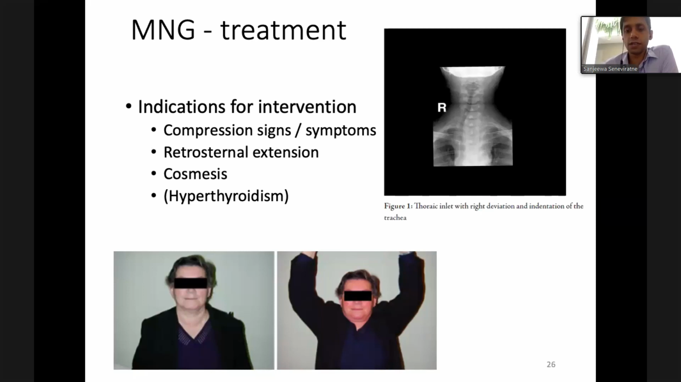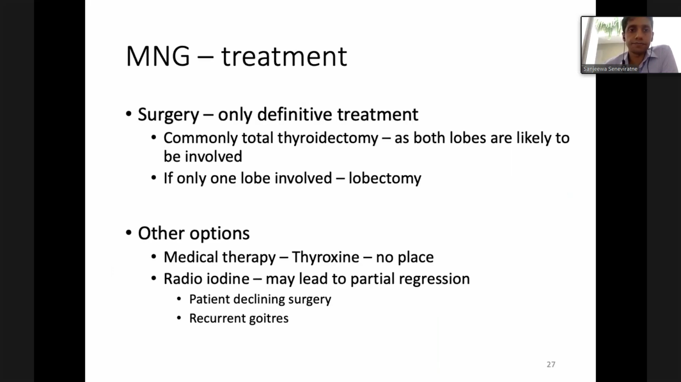If the patient doesn't like the appearance of the goiter, then we can offer surgery. Other than that, just the presence of a multinodular goiter is not an indication for surgery. So multinodular goiters, how do we treat? Surgery is the only treatment. There are no other treatment